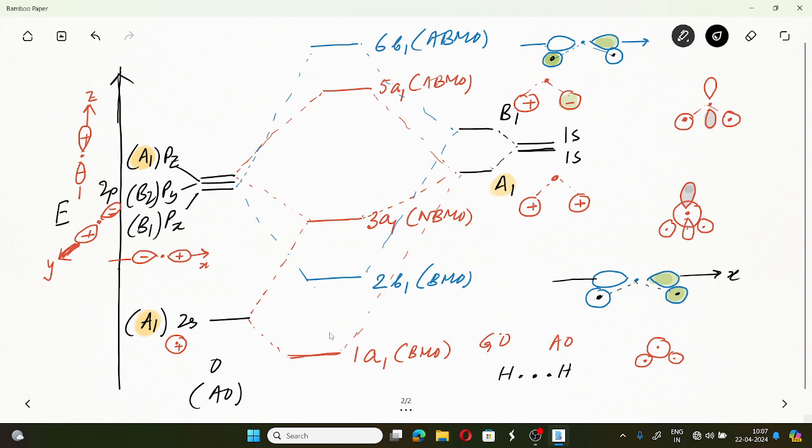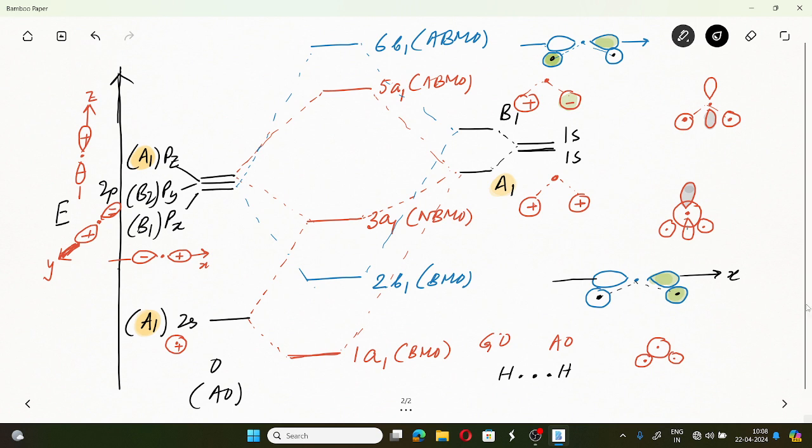If this is in phase, and if we change the phase of any one of these two orbitals, we have changed the phase of this group orbital. Okay, we have changed the phase. So this is out of phase combination. So this is 6b1, and